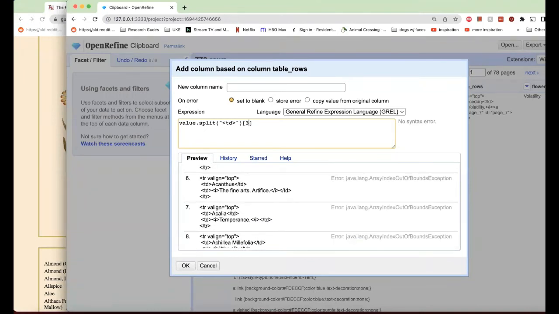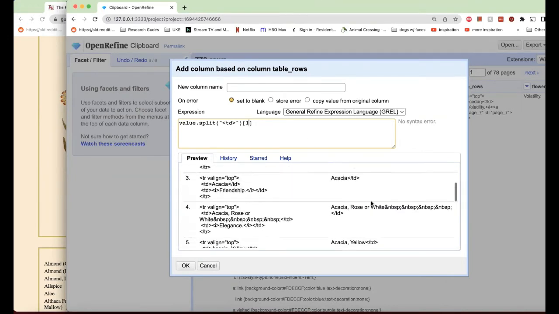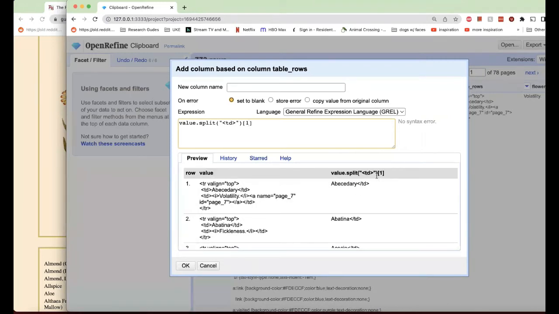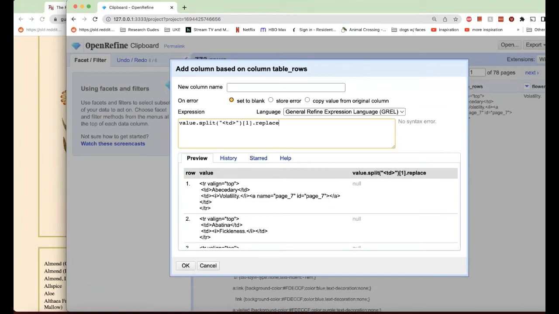And then 3 gives you an error because there aren't 4 items in this index. So if we go to 1, now how do we get rid of that little TD? There are a few different ways we could do it. The first one is to treat it just as a string and use this little tool called replace. And this will do a lot of things. It replaces things. So we can choose